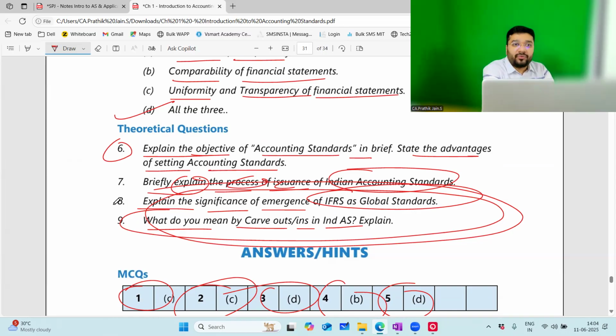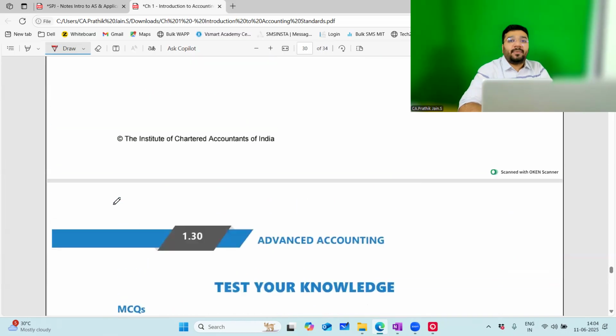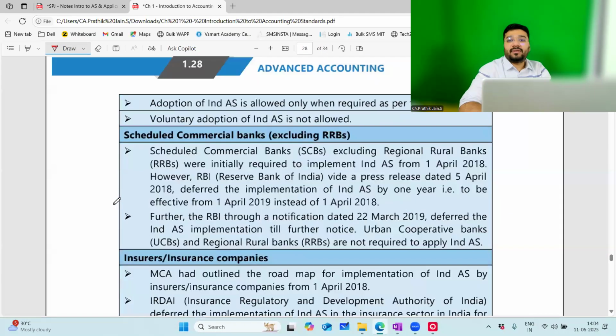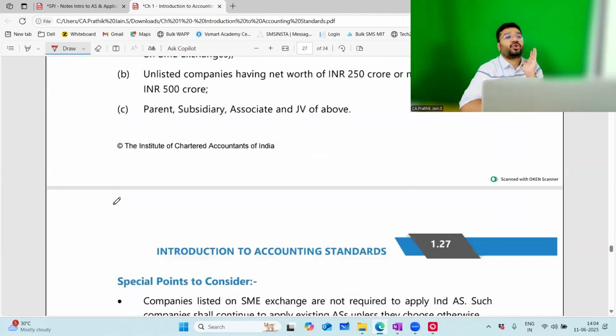Now, homework for all of you. Homework for all of you is that this entire theory, except Indian accounting standard, everything you'll have to go through and come back to me for doubts. If any particular point you felt is not understood or not explained or not included in the notes, you can come back and tell me, sir, this is very important, please include. I'll include. So this entire theory chapter, the first chapter, you have to go through before we meet in the next class. When is the next class? Friday. Day after tomorrow.